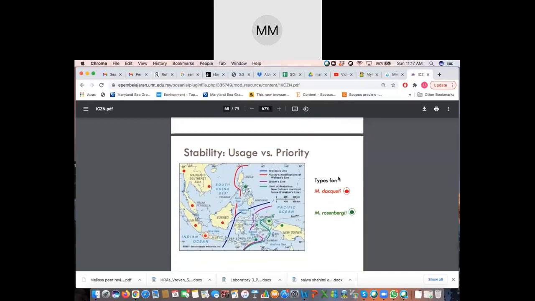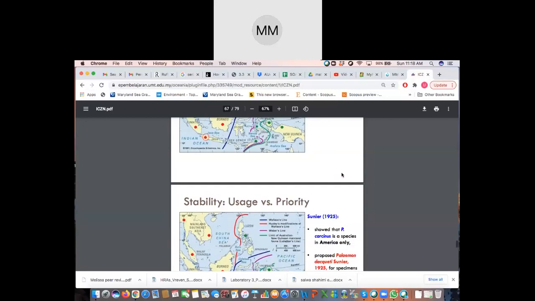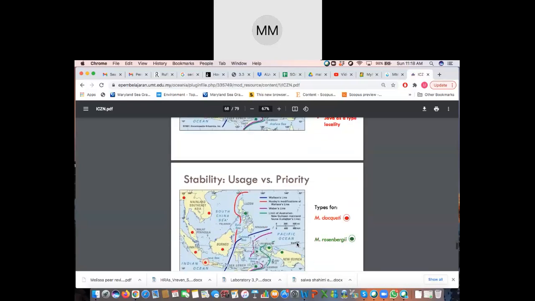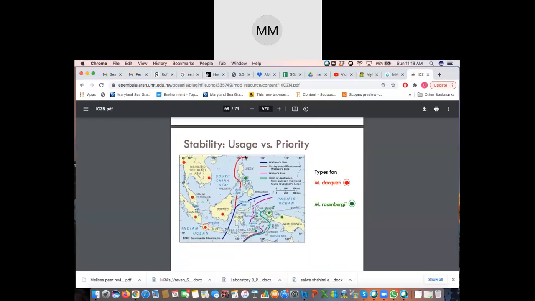And then in reference to dacqueti, he found it to be from the Indo-Pacific region. And he has established again, instead of having a variant for rosenbergii, he elevated the name, or raised the name again, to rosenbergii, in giving recognition for those of the Philippines. So with that of the Philippines, he decided to use this region from New Guinea as the type locality. All right, so bear in mind, please follow me in terms of the scenario.